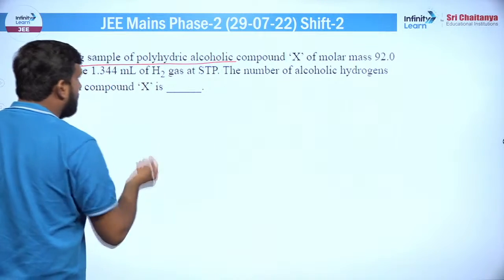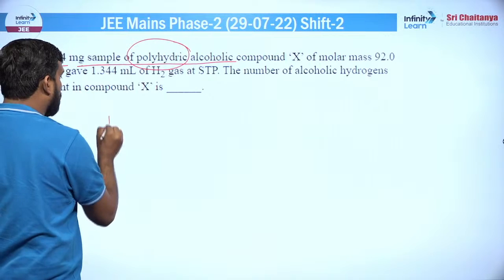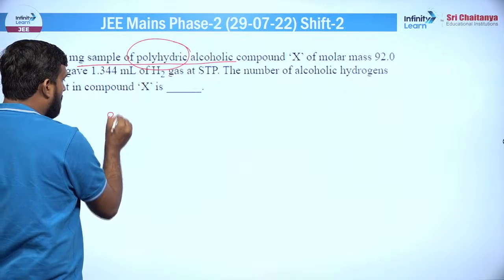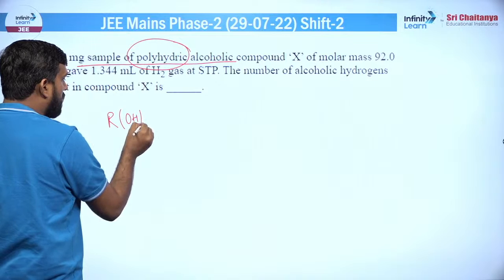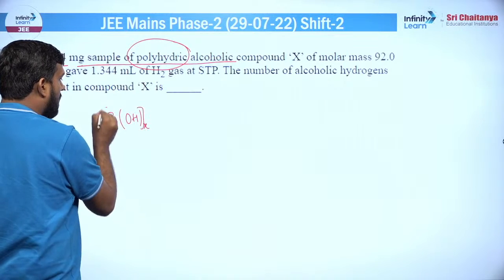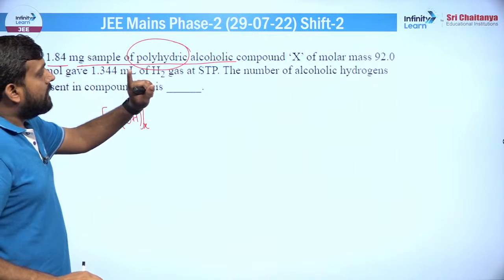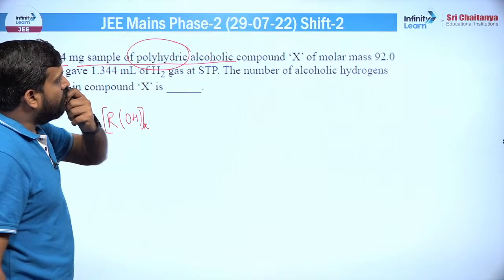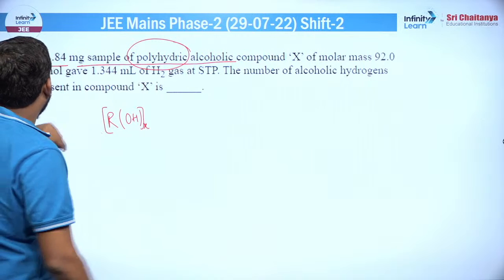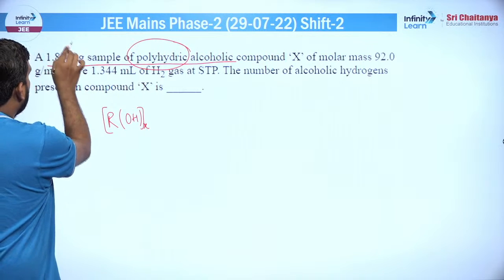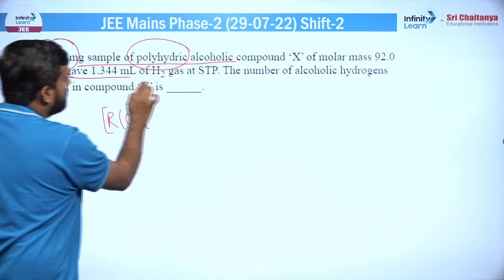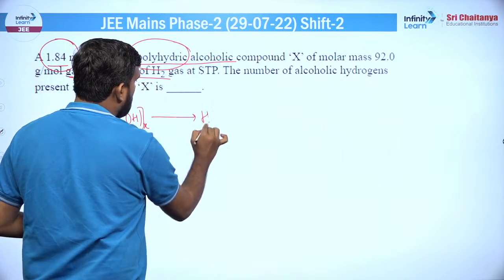गोइंग टू द नेक्स्ट क्वेश्चन, 1.8 mg सैंपल ऑफ पॉलीहाइड्रिक एल्कोहल कंपाउंड X। हमें नहीं पता कि उसमें कितने हाइड्रोजन ग्रुप हैं, तो हम फॉर्मूला ऐसा मान लेते हैं कि R(OH)x है। कितने भी हाइड्रोजन उसके अंदर हो सकते हैं, हम मान लेते हैं कि R(OH)x है। कंपाउंड X का मोलर मास 92 दिया हुआ है, और इतना सैंपल का मास दिया गया है। गेव दिस मच ऑफ हाइड्रोजन, तो इससे हमें कुछ हाइड्रोजन निकल रहा है।